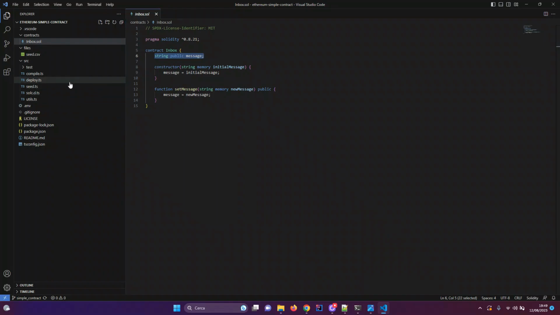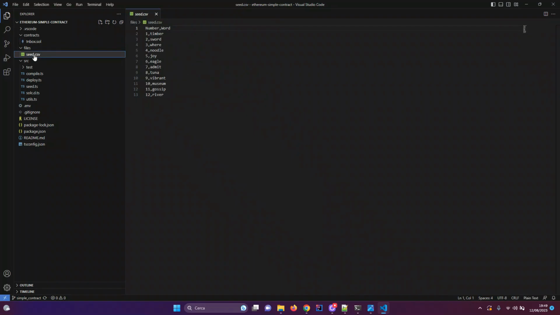Then we have this folder, files, where we have a file called seed.csv.